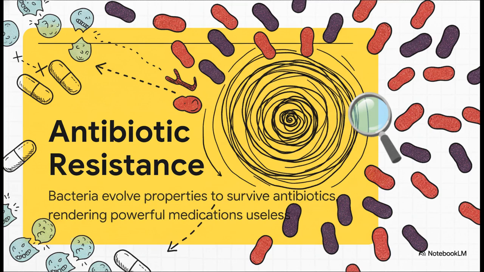When we take antibiotics, the drugs do their job and kill off the weak strains of bacteria. But if just a few bacteria happen to possess a random genetic mutation that lets them survive that drug, they're the only ones left standing. With all their competition wiped out, those surviving, super tough microbes multiply and take over. So basically, by overusing these drugs, we are inadvertently applying the exact evolutionary pressure needed to make our own medicines completely useless.